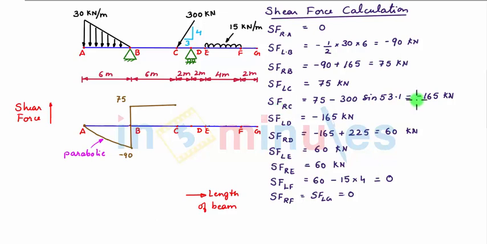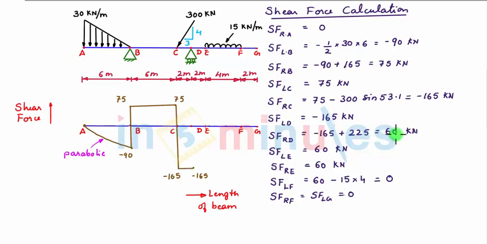Now shear force towards right of C is minus 165 kN. So again at point C we plot another shear force of magnitude minus 165 kN and we connect these 2 points by a vertical line. Next shear force towards left of D is minus 165 kN. So at point D we plot minus 165 kN force and we connect it with the horizontal line with point C. This denotes that shear force between point C and D is constant.